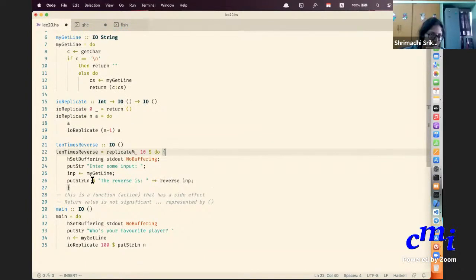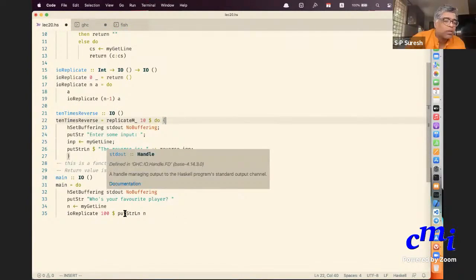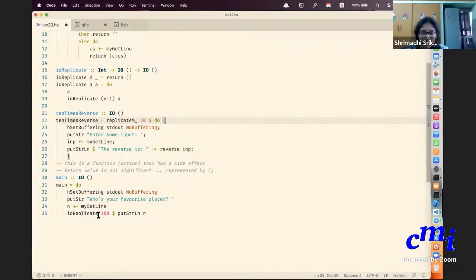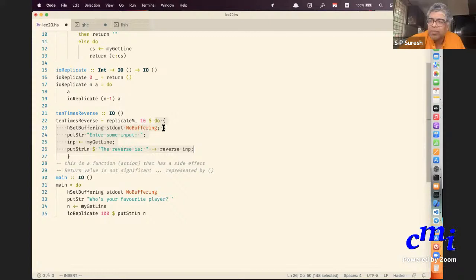Replicate M underscore is where you allow the user to input something, right? No. Replicate M underscore does not have anything to do with user input. The user input is because of what the do block is doing. The do block, whatever it does, that is your main thing.